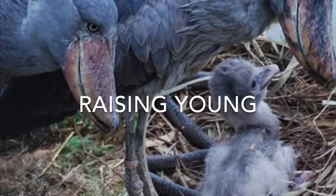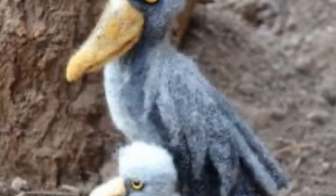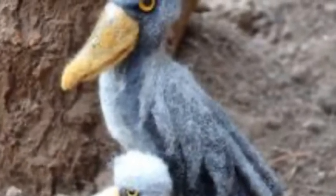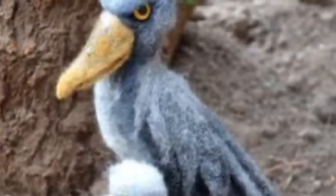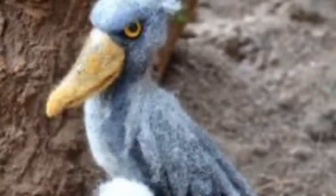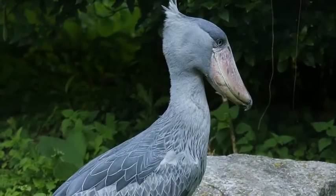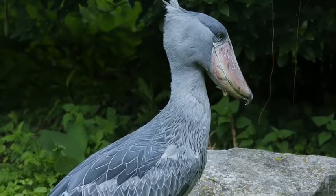Shoebill storks are usually silent, but will often participate in bill clattering, which is a behavior characteristic of true storks. Adults will often do this when greeting each other at the nest, but young shoebills also perform the bill clatter. Adults will also make a whining or mooing noise, and young will make a hiccuping noise, especially when begging for